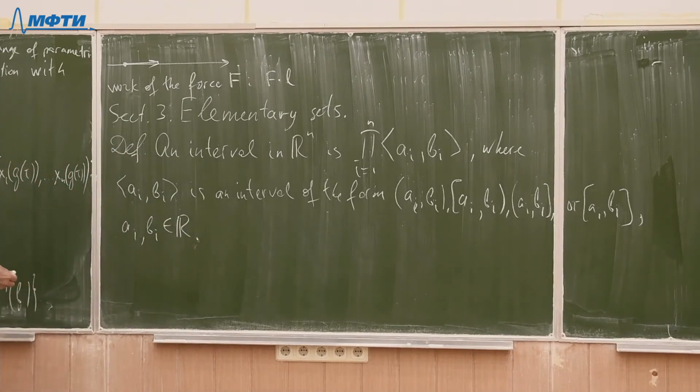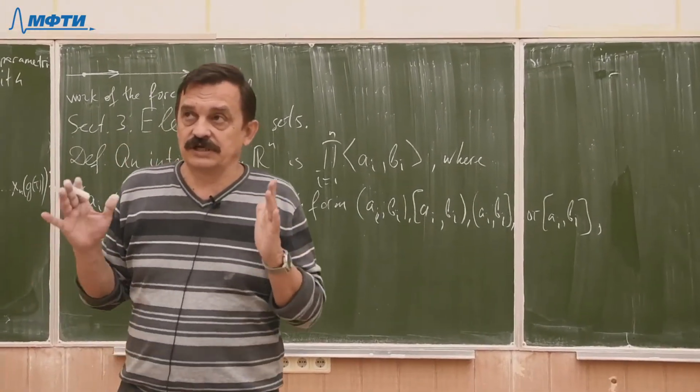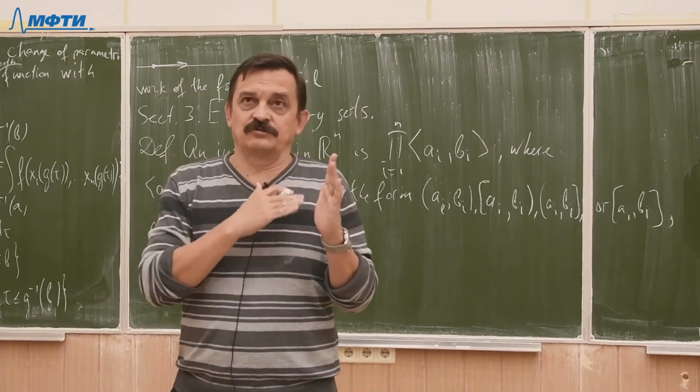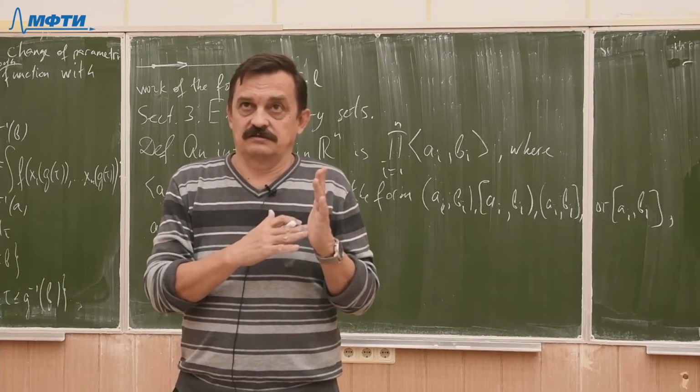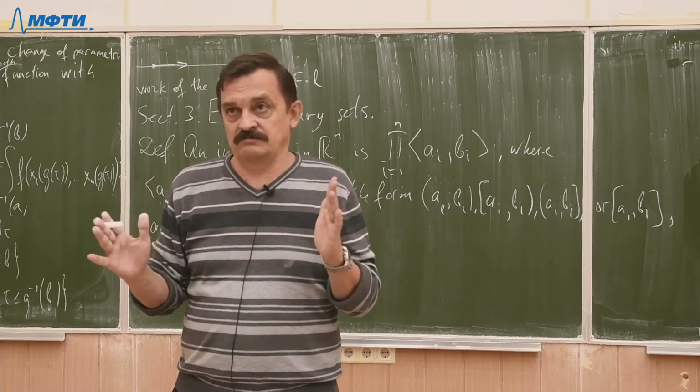Real numbers. So for R2, that is a rectangle, a rectangle with sides parallel to the coordinate axes. For R3, that is a parallelepiped,